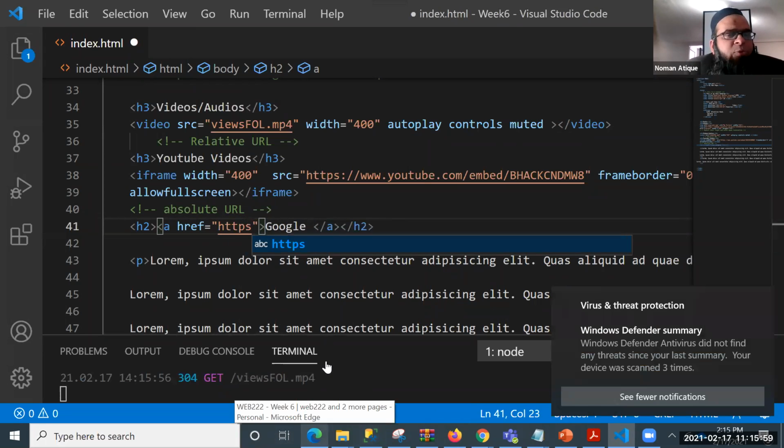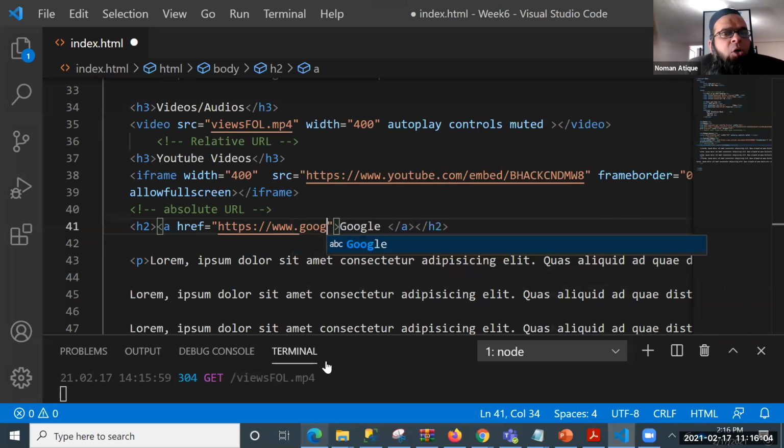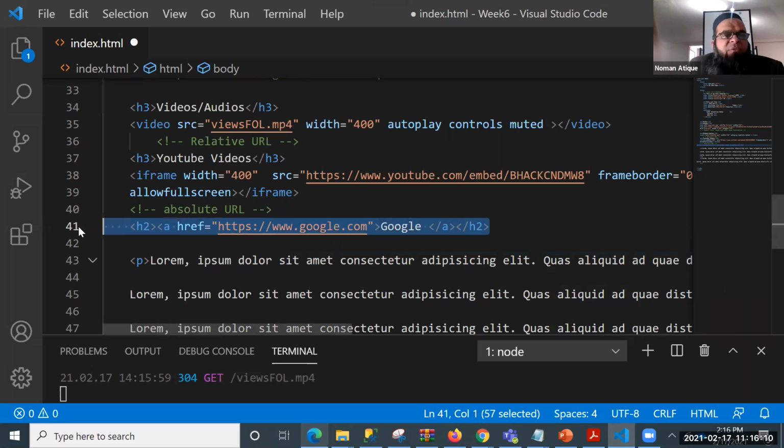So now, just listen. I will have to use the absolute URL, https://www.google.com. Why? Because it's absolute, and I have to use that. I will copy and paste this in the chat window, so that if someone is not following correctly, they will be able to do that. So now we have added this one, google.com. Now save this file,